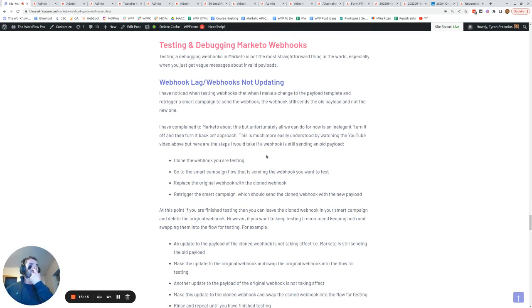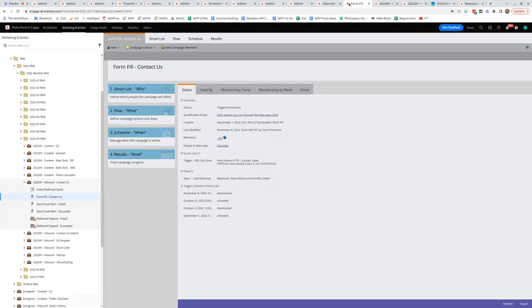And one thing I've noticed that is actually quite annoying is that sometimes there seems to be a lag where I'll update the payload template of a webhook, but then when I re-trigger the smart campaign to send the webhook, it's still sending the old payload template. So what I recommend doing in those cases,